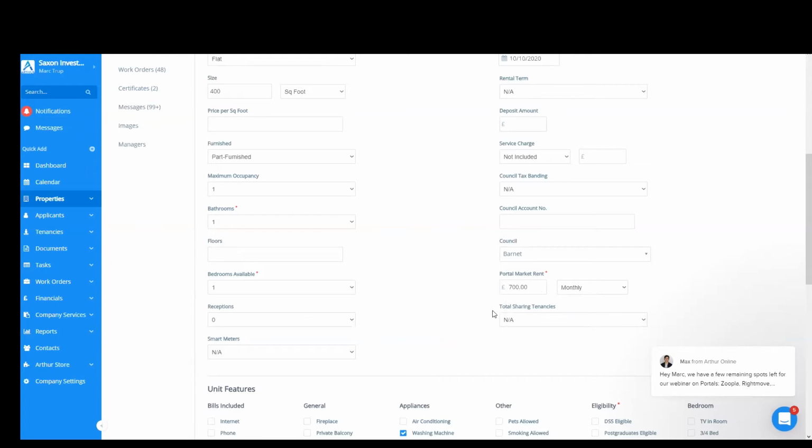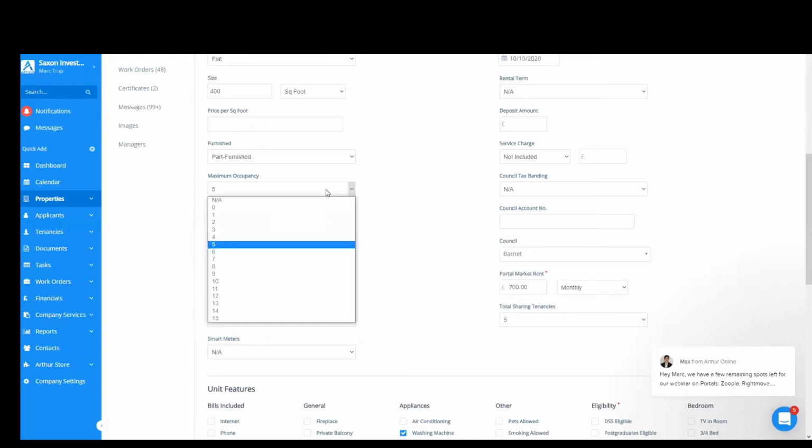Now, I just want to go over total sharing tenancies a bit. This is where it can get a little bit confusing, because this is only specified for Zoopla and Rightmove. This is how you state whether or not it's an HMO. If you have a house you want to rent out with five bedrooms inside of it, and you've got 5 tenancies that are allowed to live in there, you'd put 5 here, and then you put the maximum occupancy as 5 here. Now, if it's just one flat and one bedroom you're renting out, so you're splitting the rooms out, not renting out the whole house,